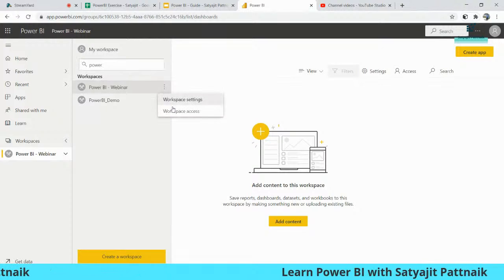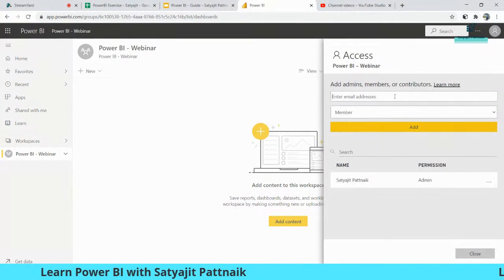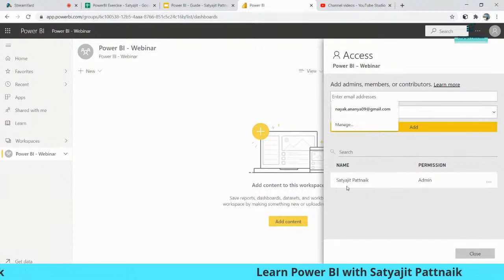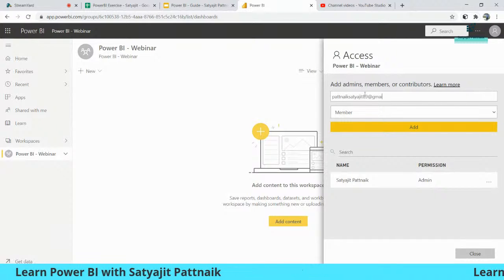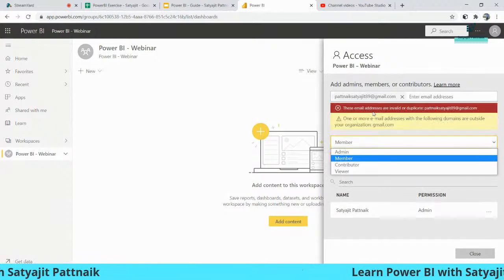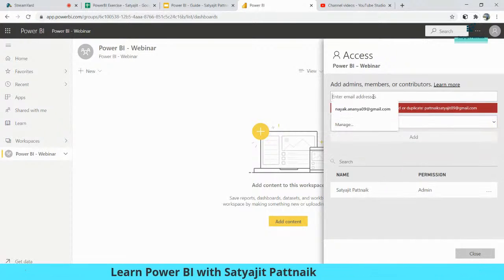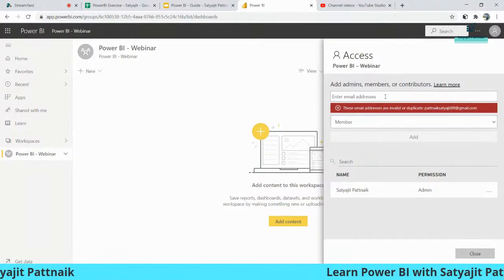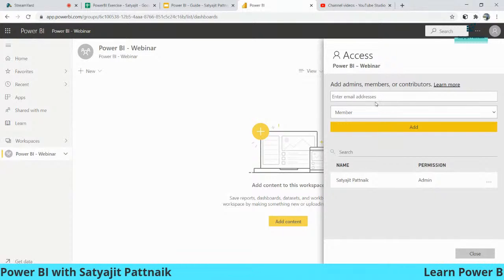So you can go to workspace access and simply add the names. Once you add the names, you will be able to give them access. Randomly I'll just add some Gmail ID. I'm not sure if Gmail IDs will be okay. It's not applicable. I cannot actually show you how to add users, because I cannot add my organization users right now since it will be visible to you. So I'll not add them. It's kind of a privacy matter. But once you click on